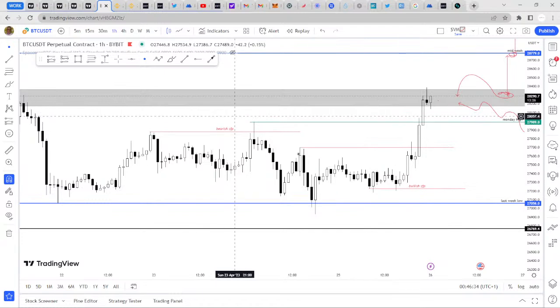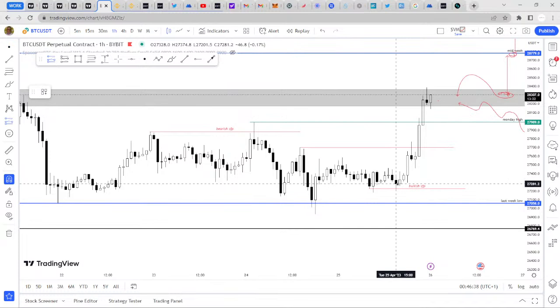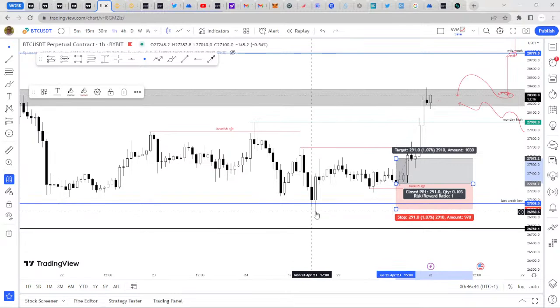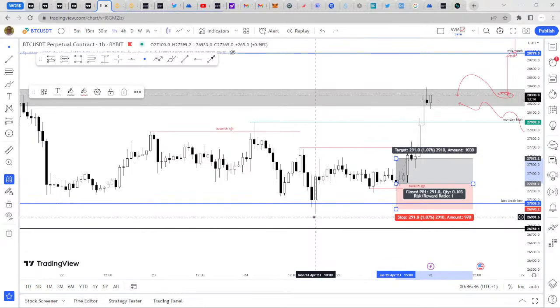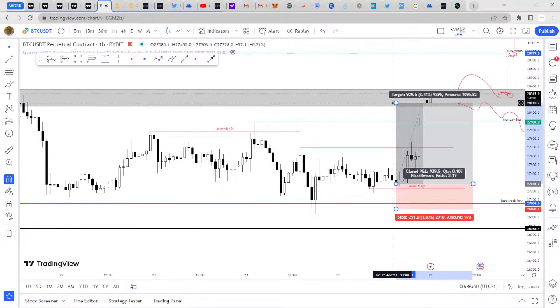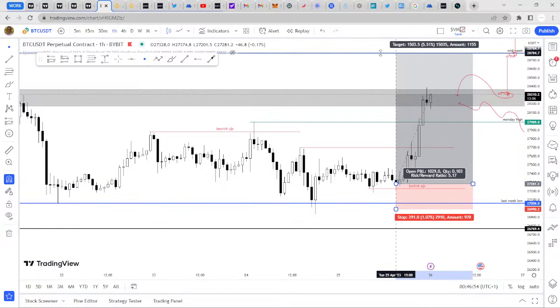If I had seen this earlier, I probably would have taken a long at the close of this candle. Then I could put my stops here, but that will be too tight. I can also put my stops below this low, right? One of the things to note when setting invalidation at a stop loss and targets, for stop, if you want to take a long like this one now,